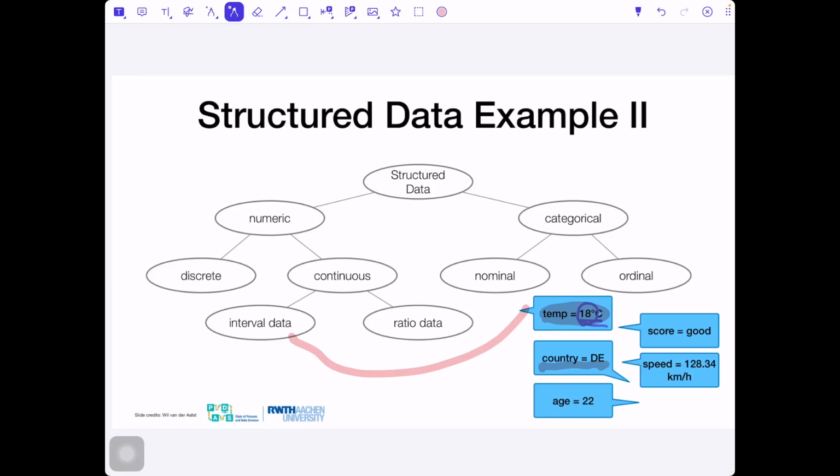Just think about another example of interval data, human IQ. You have two people, and the IQ of both is measured. You cannot say that one person is twice as clever as another one. You can only say that this person has an IQ 2 points higher than the other one. So again, there is no logical zero.